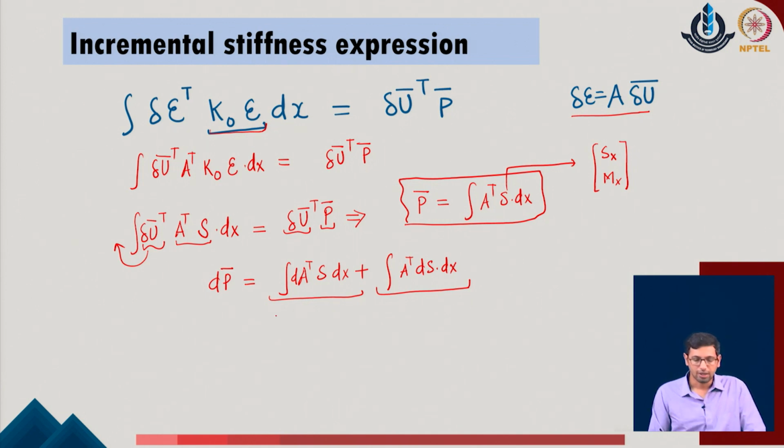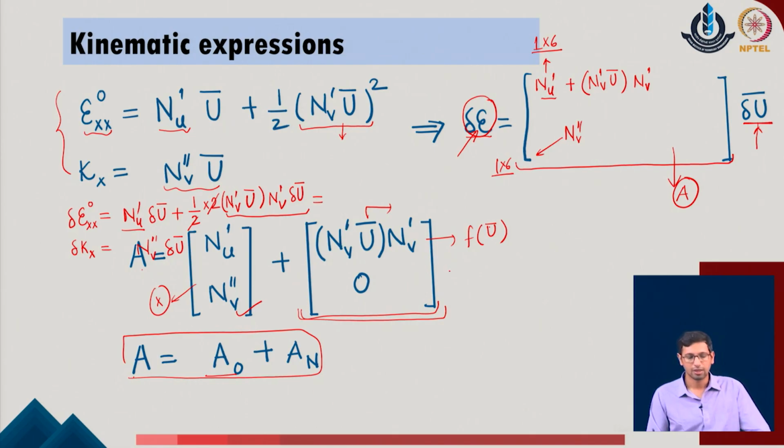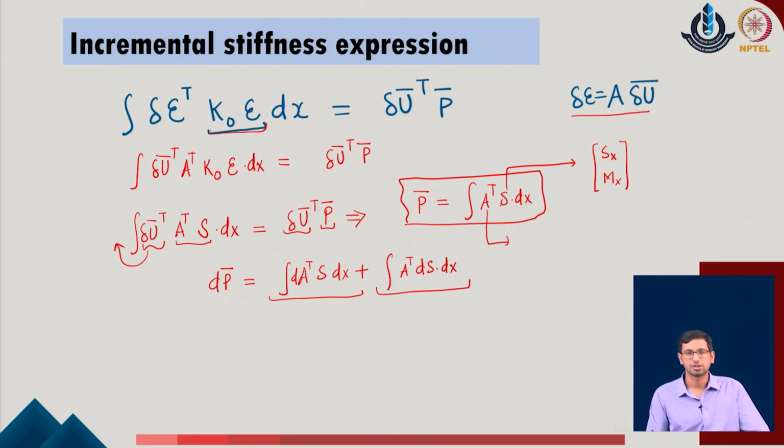We must recall that any of the derivatives or any of the small variation which we are taking, those are only taken on those terms which are a function of the primary displacements of the nodal values. We realize that A is already a function of the displacement, as we have already seen in the previous part, and also the S, which is the axial contribution of the forces, was also defined as a function of E A, E I into the strain parameter of the given system, and this strain parameter is again a function of the displacement field of the given system.